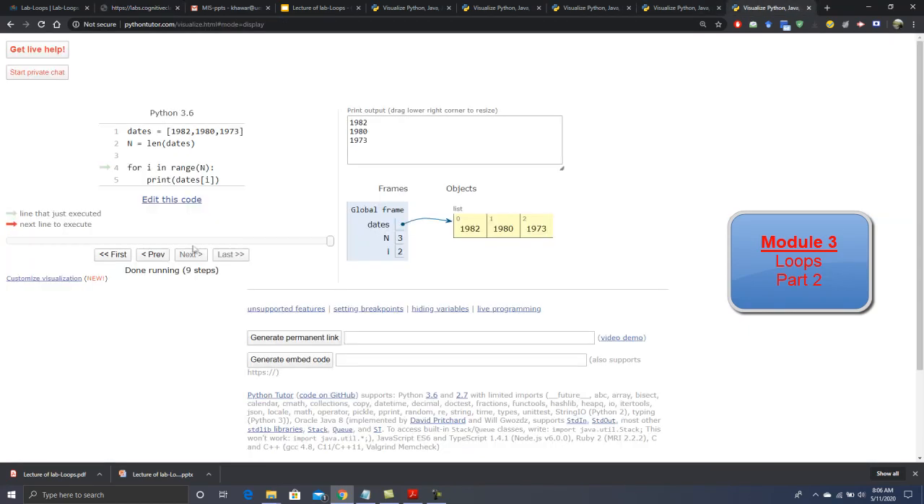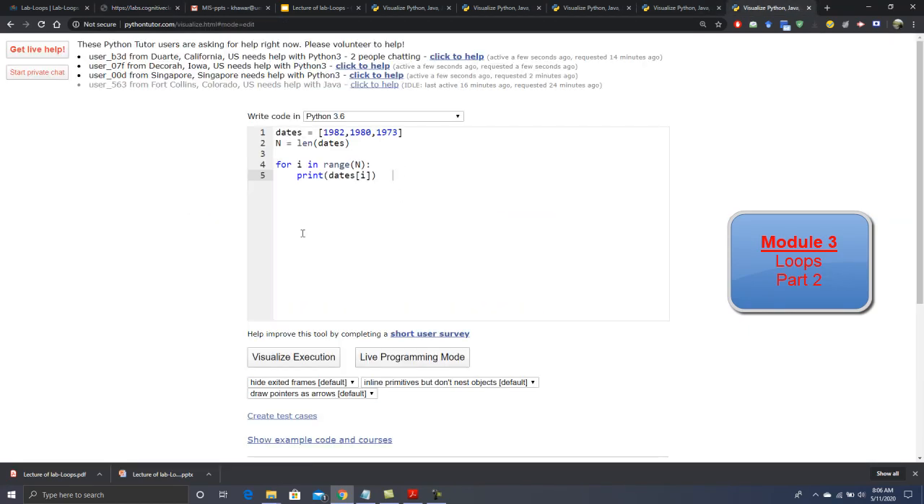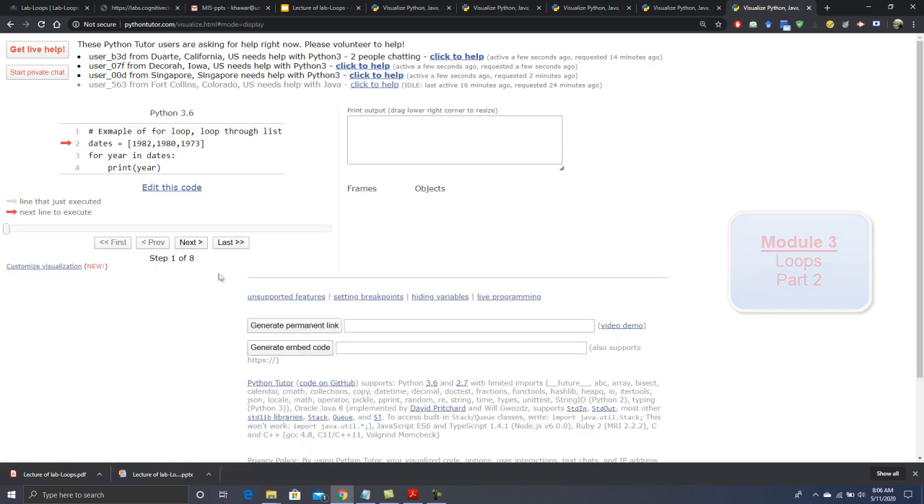the Python tutor as well. Edit this code. Okay, and then visualize it. Now dates, it has generated a list 1982, 80 and 73. Now for year in dates,